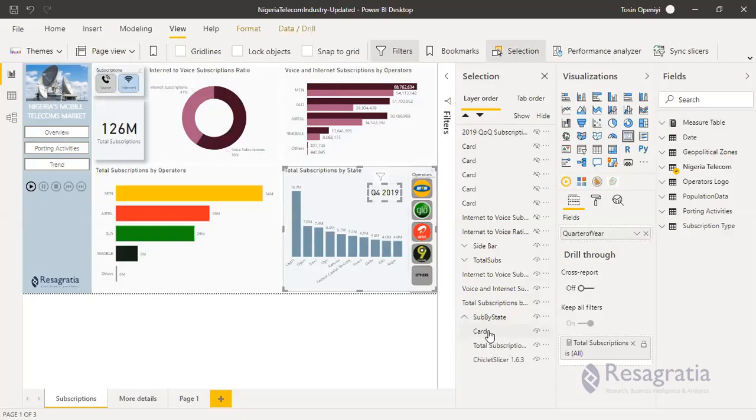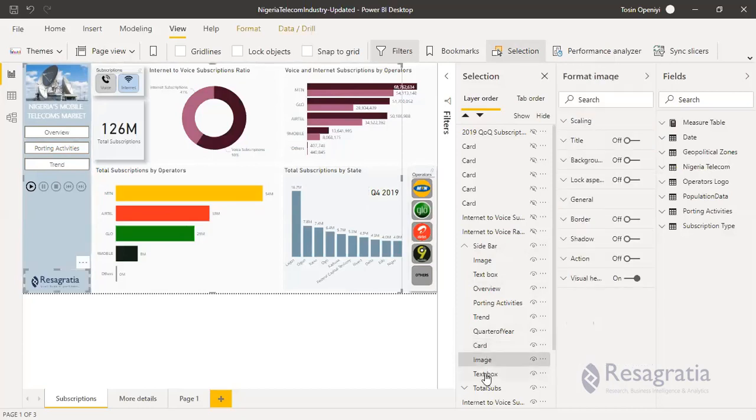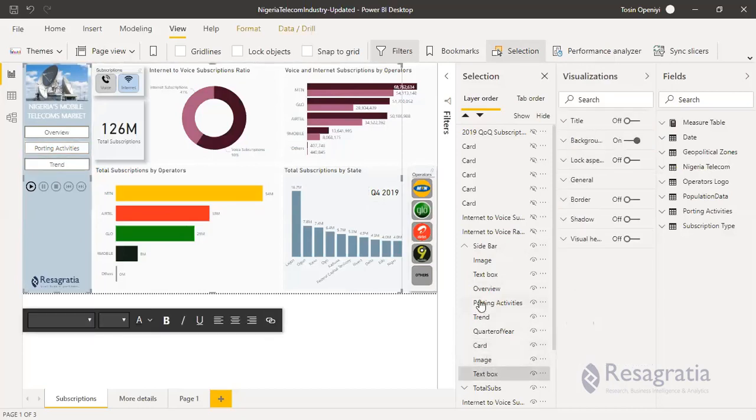This is the card. The card should go to the sidebar. Sidebar should come before image. Image, text box. Oh, nice. So it should be there now.